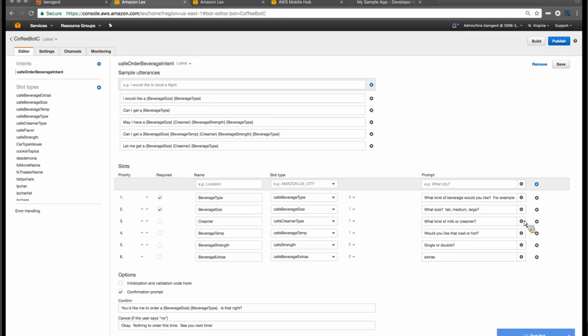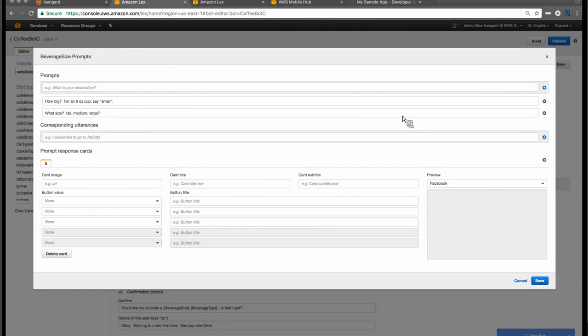What we're also saying is that when it comes to the different prompts one can use, we can provide multiple prompts. And this is an important way of achieving spontaneity. If your bot said the exact same thing in response to the exact prompt, it would be somewhat robotic. We allow you to provide multiple prompts so that Lex can choose which of these prompts to ultimately speak out or use as text. You also see response cards, and you can see that you can use Lex to build, for example, Facebook Messenger bots. But more on that later.